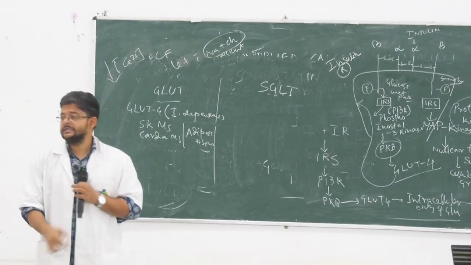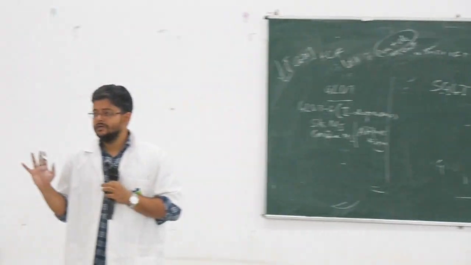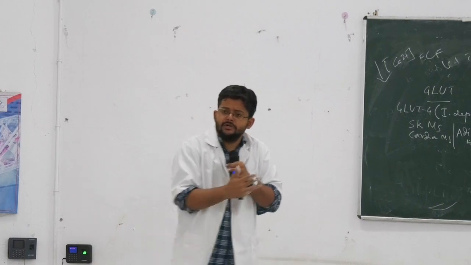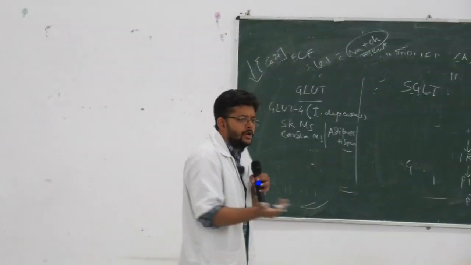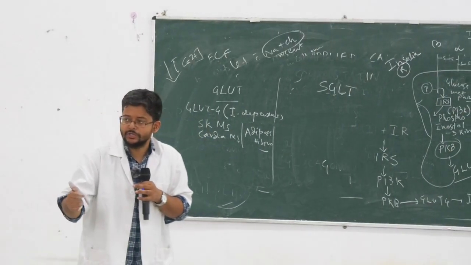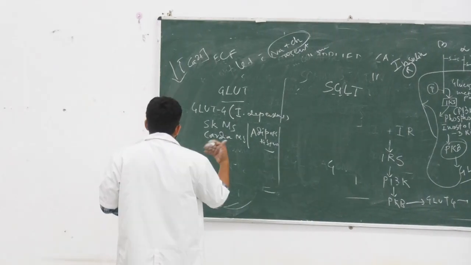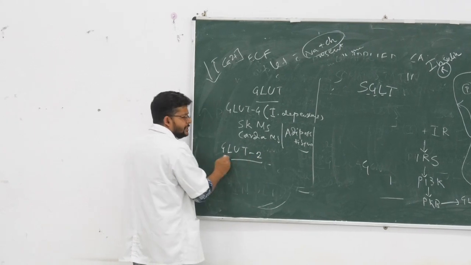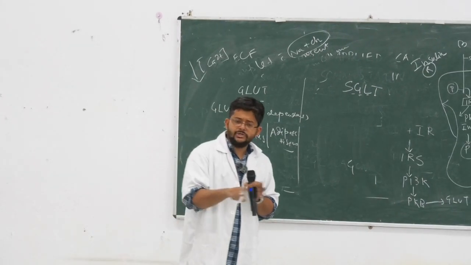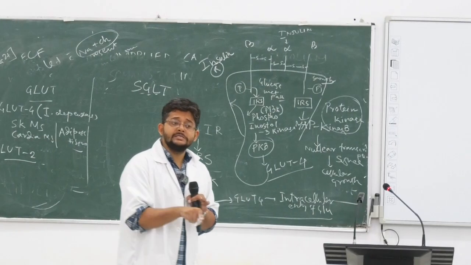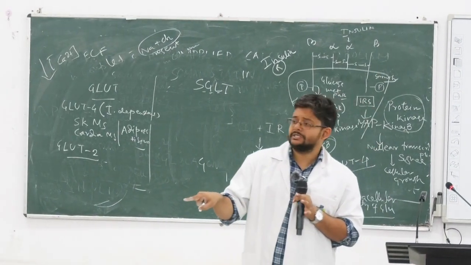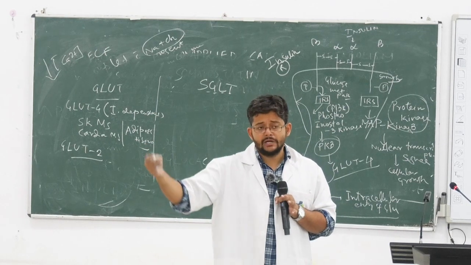Insulin will act, and how? If insulin is not there, insulin doesn't come and attach to the insulin receptor; if that is not attached, GLUT4 will not function. There is an insulin-independent transporter like GLUT2, which helps sugar entry into the liver. It is insulin independent. Even without insulin, it makes sugar enter. How does that happen? Transcellular glucose